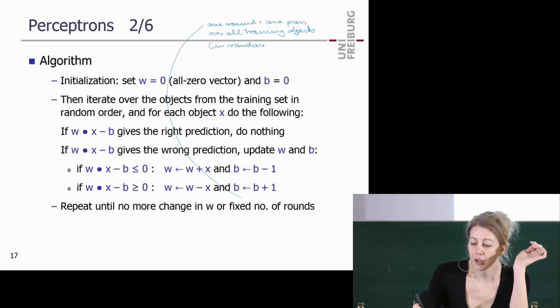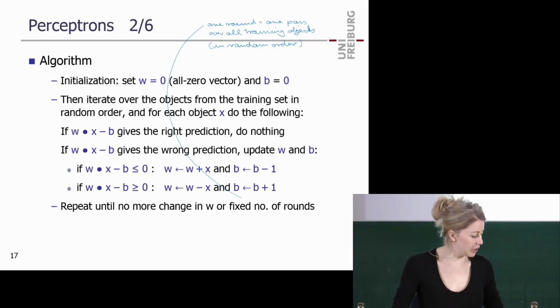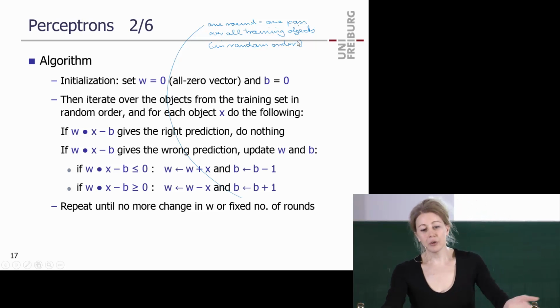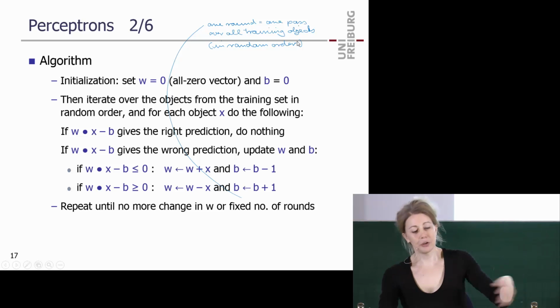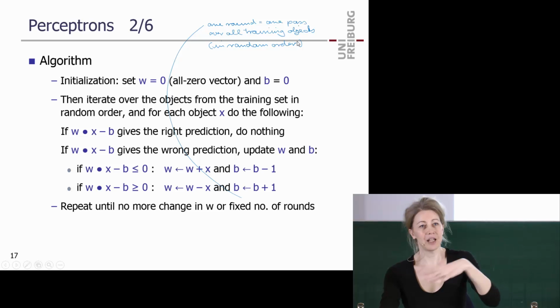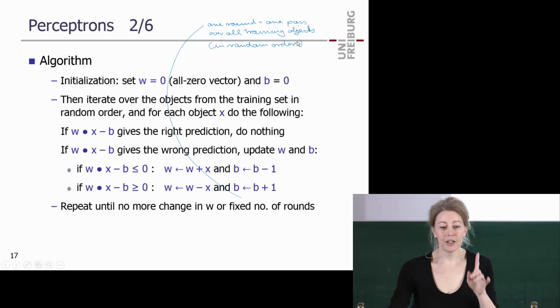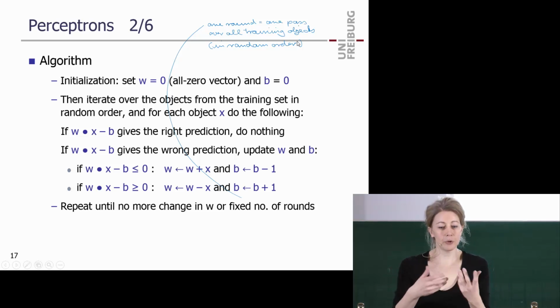This has advantages. I will talk about it later or maybe next time. So you go over, maybe you have 1,000 training objects, you go over them, and then you go over them again and again and again, because it's an iterative thing, right? This is different from naive Bayes, where this wouldn't make sense.